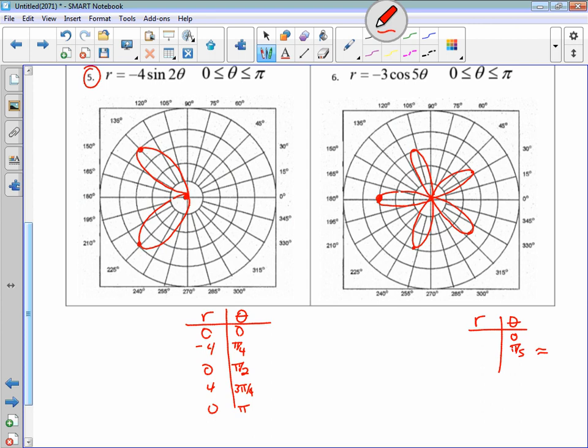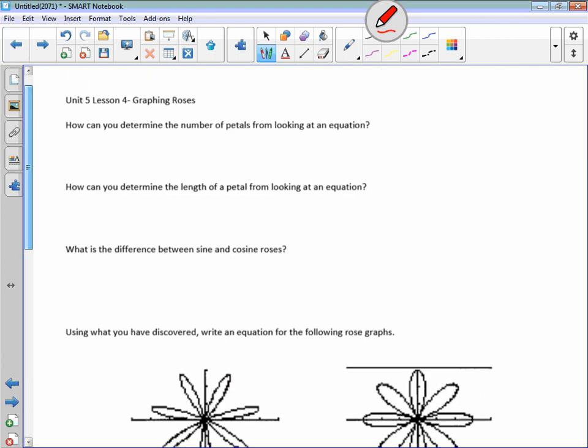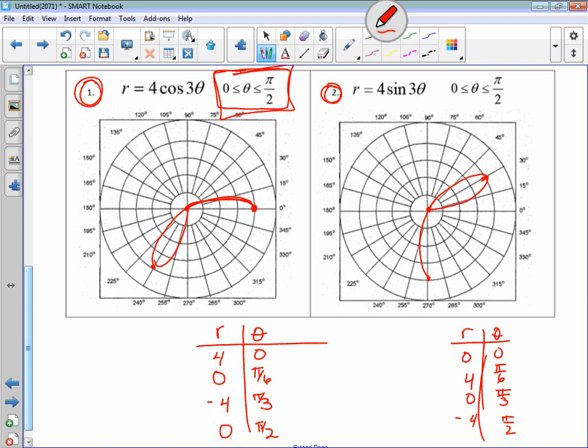All right, guys. Are my petals perfect? No, but are they spaced pretty nicely? Yeah. Okay, that's what I'm looking for. So when theta is at pi, if it's 0 to pi over 2 and it's odd, you're only going to see half of it. 0 to pi when it's even, you only see half of it. We need to know how to do 0 to pi with the odd. Well, we did it with 3, right? Didn't we do it there? With a 5, it's probably going to be